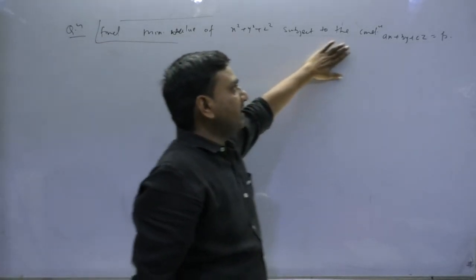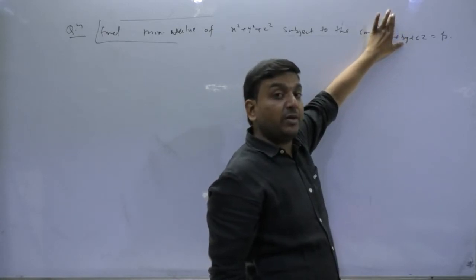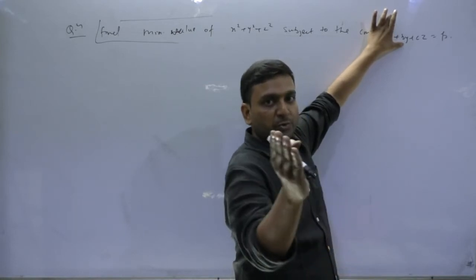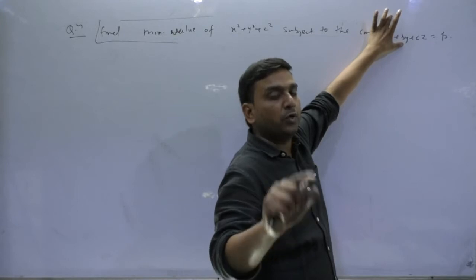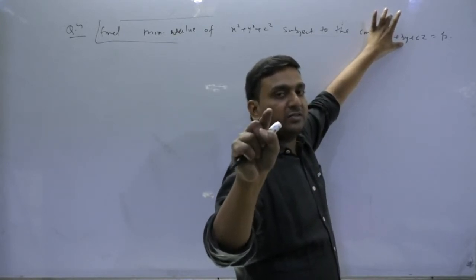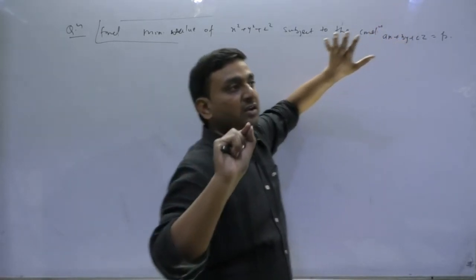If it is subject to some condition, sometimes this condition will be given directly, sometimes indirectly. There are some examples in your PDF where the condition is not given but is stated indirectly. So you have to get that condition also. Please remember, UPSC frequently asks these types of questions. Clear?